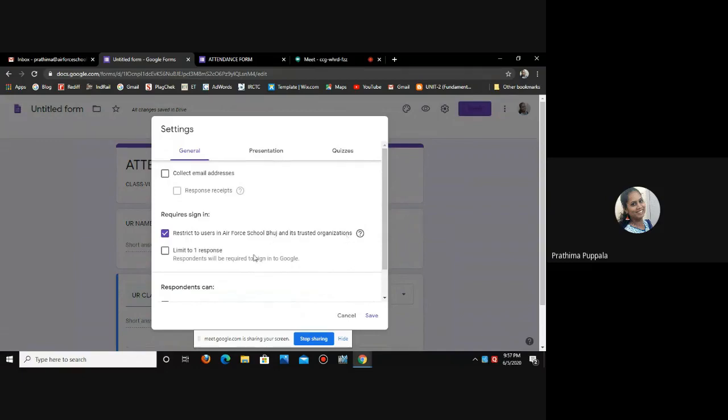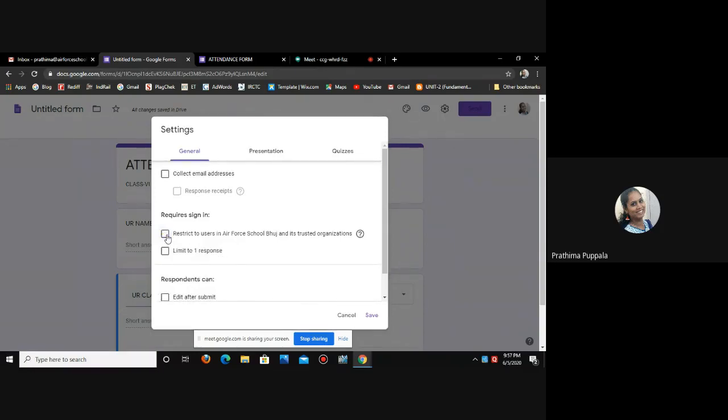So this form is restricted to only Air Force School Bush. That means people outside cannot use or open this link. So when you're sending the attendance form outside the organization, you have to uncheck this box.